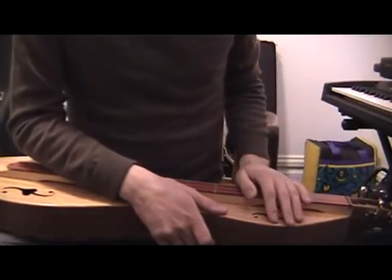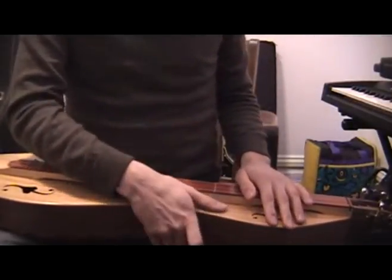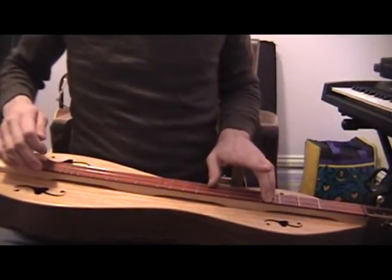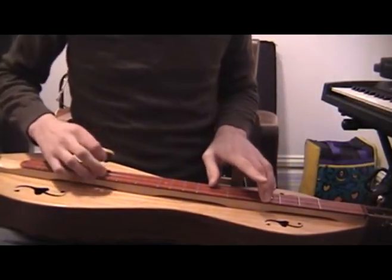Okay, let's look at the third line of music. Now, it starts off with the G chord, which we've already learned. Remember, these three fingers, put down your thumb. So,